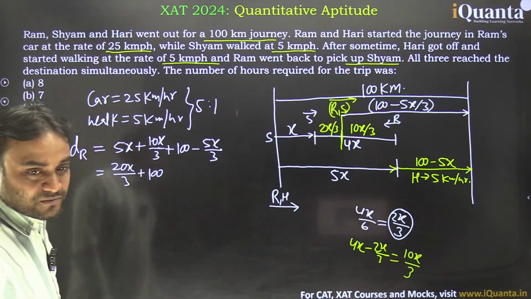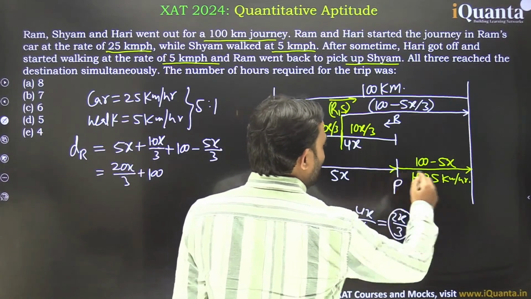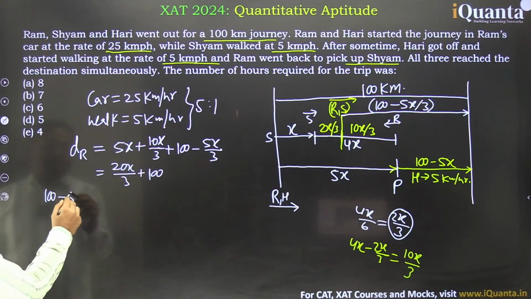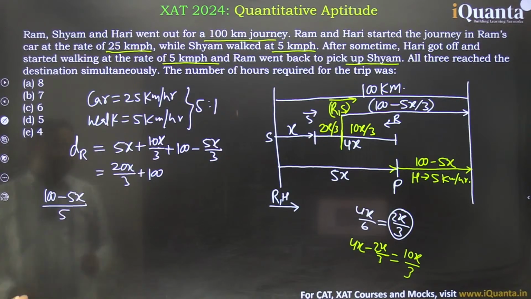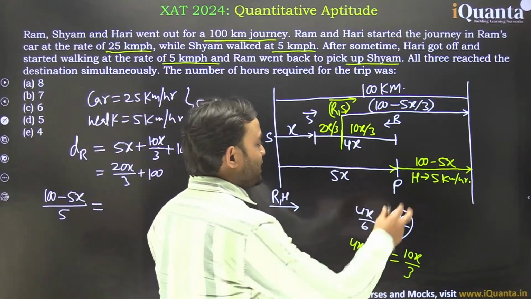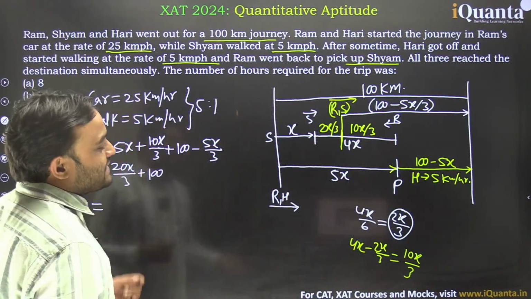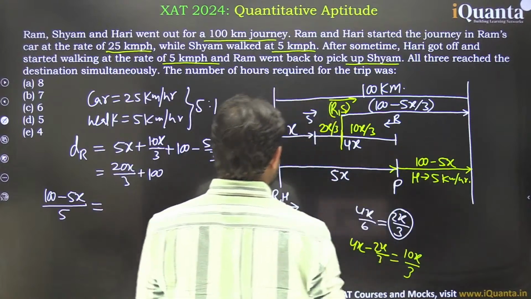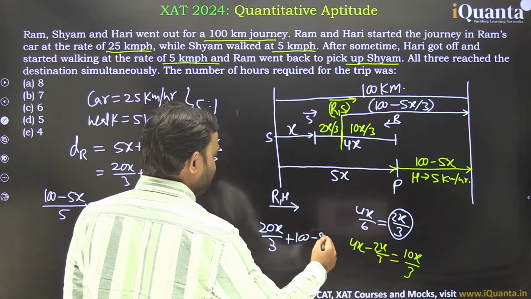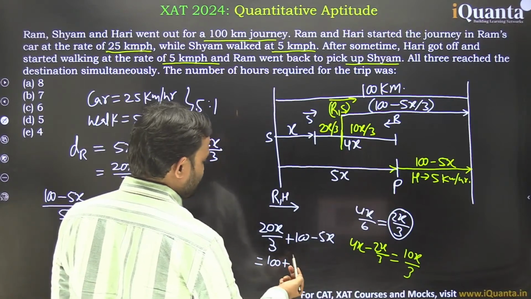This is the total distance traveled by Ram, right? Now, what is the distance traveled after this point? Let's say this point is P. So, after P, Hari has traveled 100 minus x. So, 100 minus 5x, 100 minus 5x divided by 5, this is the time taken by Hari, and this should be equal to the distance traveled by Ram in that duration. So, this will be 10x by 3 plus 10x by 3, which is 20x by 3, plus 100 minus x. So 20x by 3 plus 100 minus 5x, which is equal to 100 plus, this is 15, so 5x